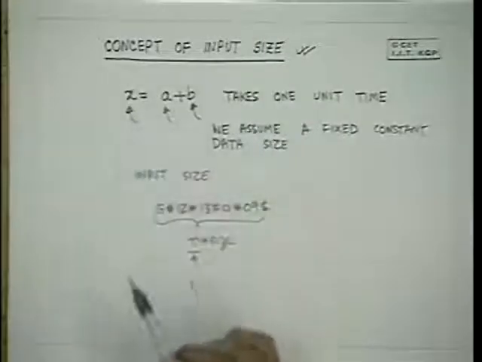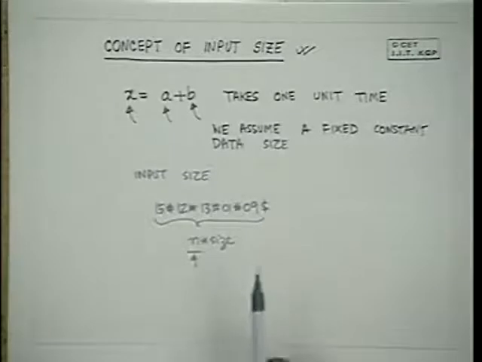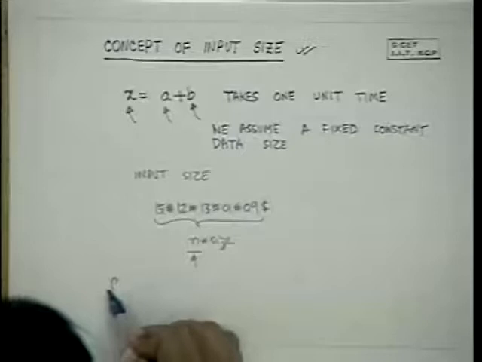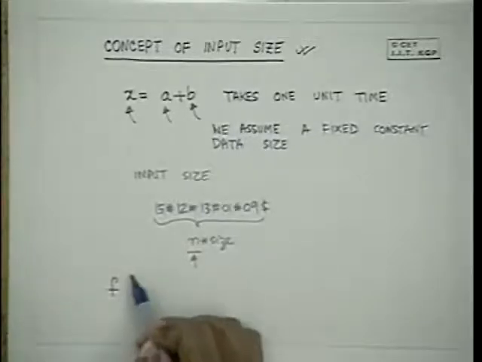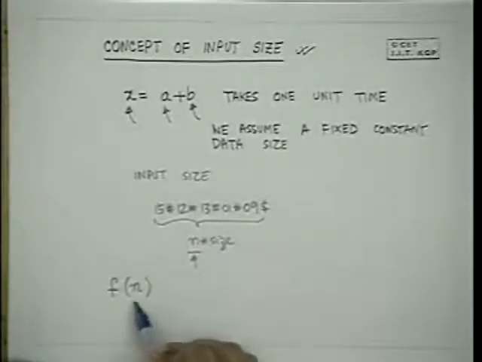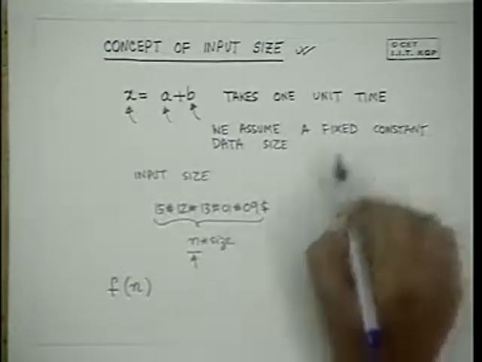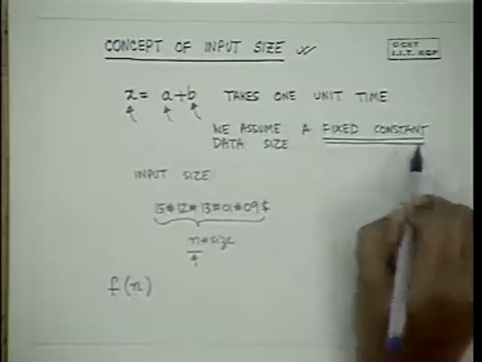So that way, the problem of adding up two arbitrary sized numbers is not constant time. When you say I will give you two arbitrary sized numbers and you give me the result, then you have to tell me what is that n. So I will now say the complexity of adding two arbitrary sized numbers is f(n), where this n is a function of the maximum constant size on which you can really add two numbers.